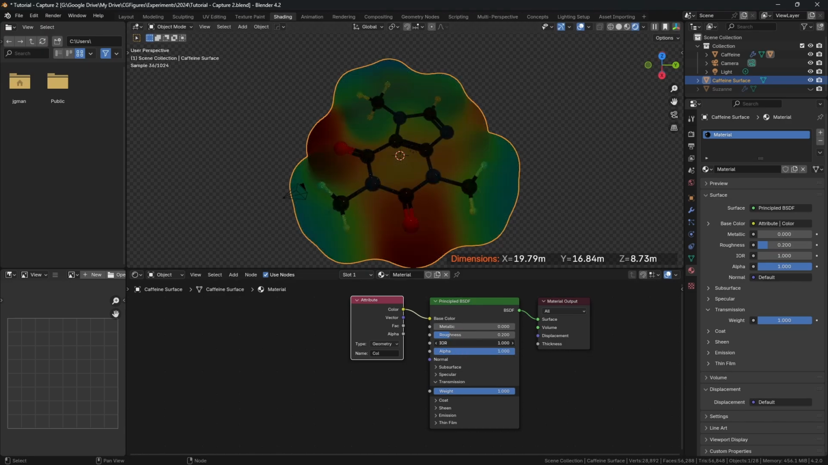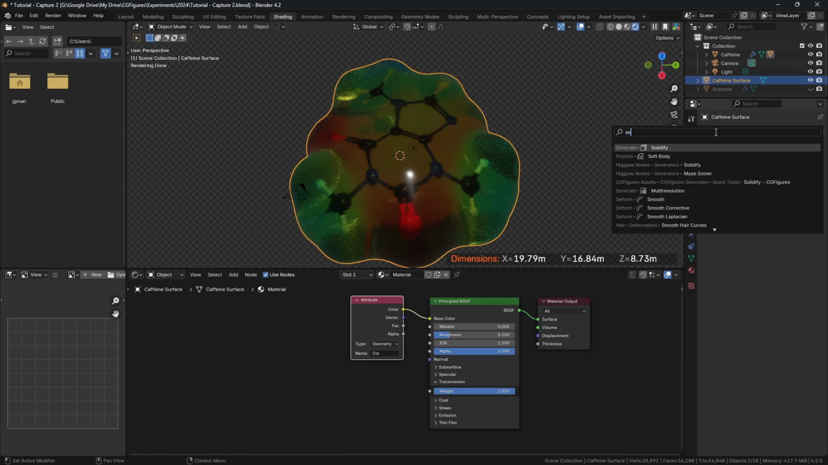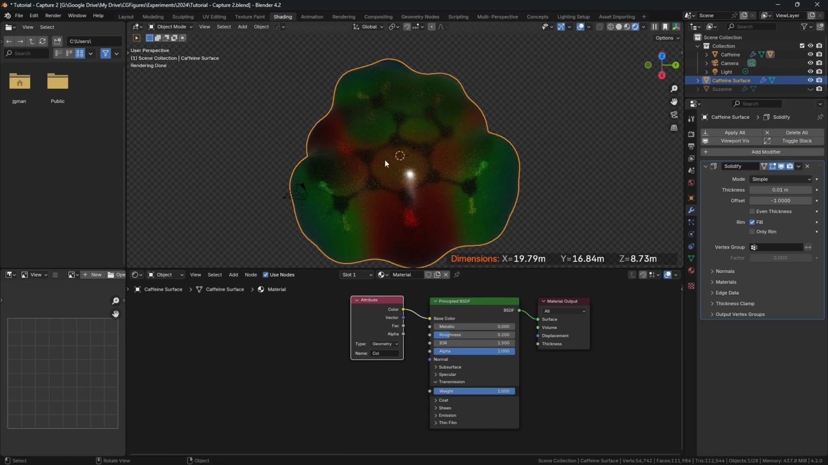One is to adjust the index of refraction. Something like this will give it a bit of a flatter shading. Or if you want to preserve that glassy look, we can simply add a solidify modifier. And this essentially tells Blender, this is just thin glass, allow the light to pass through. This is always going to look better when you have something underneath it and when things are a little bit